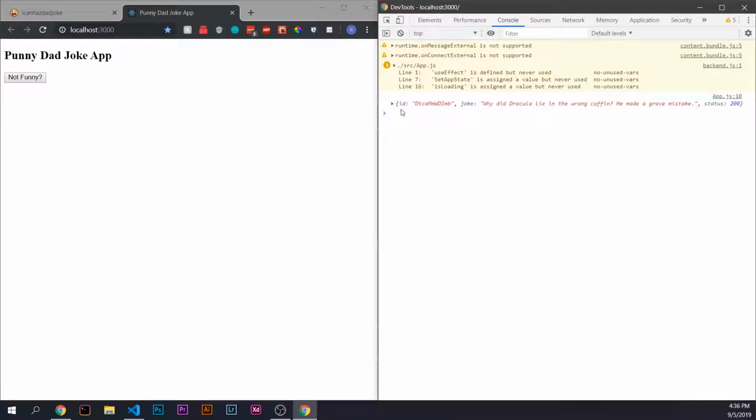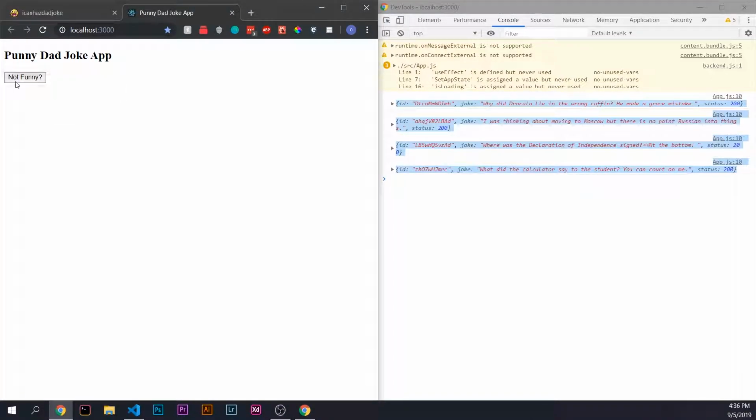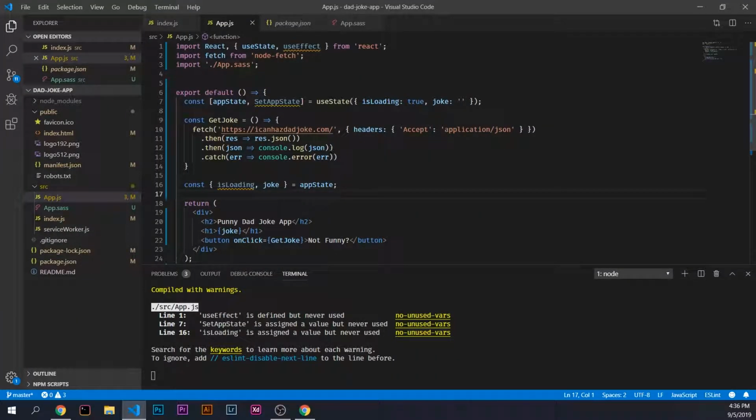Oh, okay. Weird. Maybe I didn't save it. But as you see, when we hit get joke, we are logging out a JSON element which contains a dad joke. It comes with the ID, the status of the request, 200 meaning successful, and the joke that is passed through. So what we'll do here is instead of